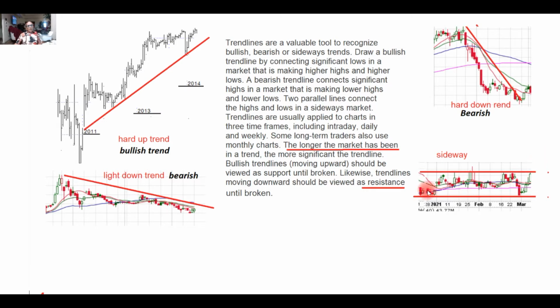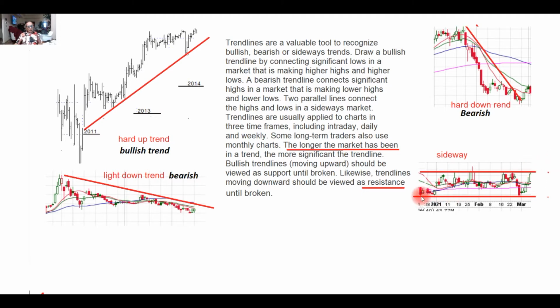So when you see sideways movement like this, rest assured that sooner or later, two things are going to happen. Either the price is going to collapse even lower, or it's going to break out. So you have to wait. However,